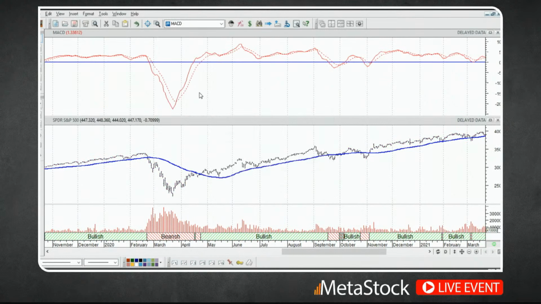I'll click on OK, and we'll just use the default parameters here. Now, there's a number of different ways that you can interpret the MACD, but hands down, the most basic way to look at it, and the way most people are taught when they're first learning how to use it, is they're looking at the MACD itself, which is the solid line, and looking at the dotted line and identifying where these 2 lines are crossing each other.